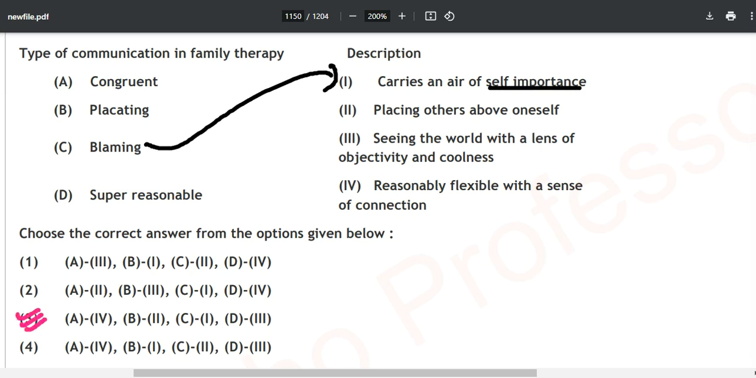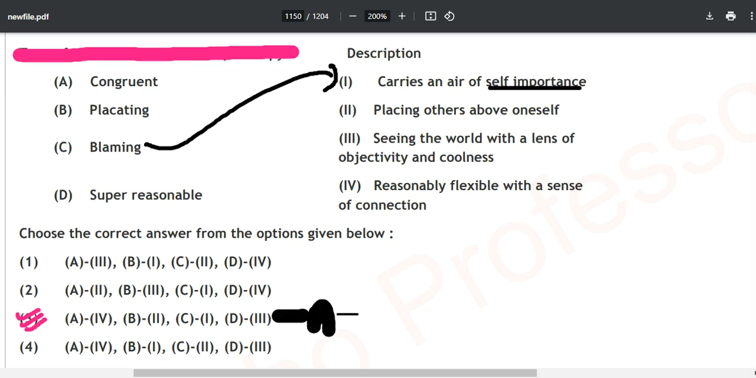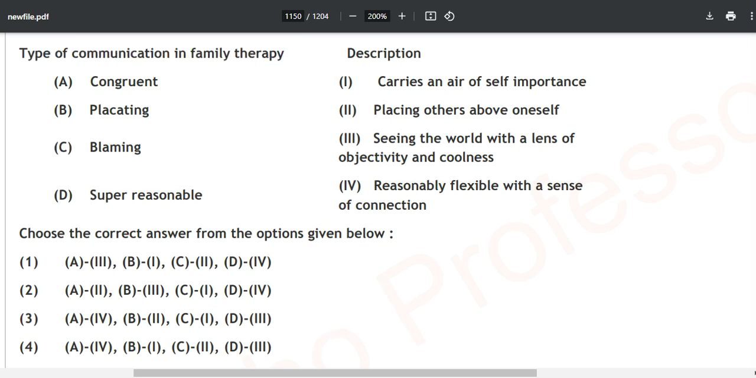Even this way you are able to get the answer, and this is the only correct answer over here. So in the examination hall you sometimes need to think like this also. But now we'll talk about types of